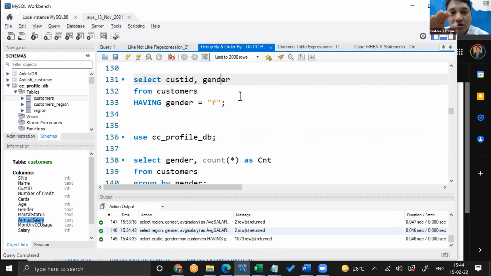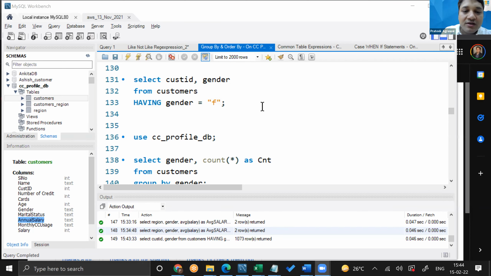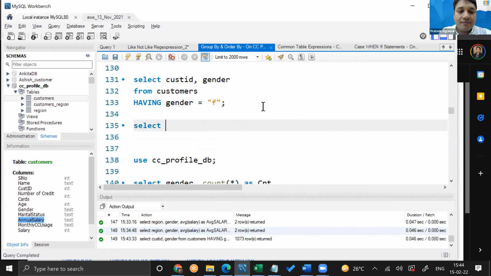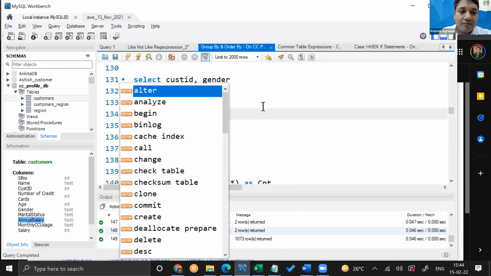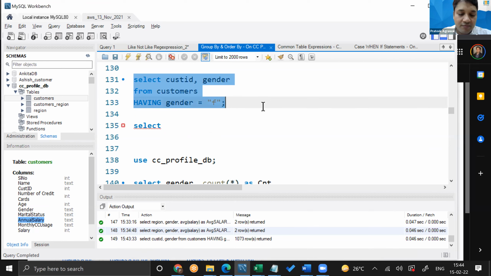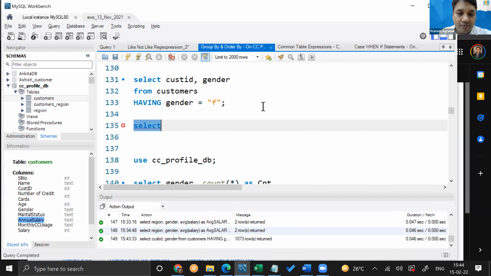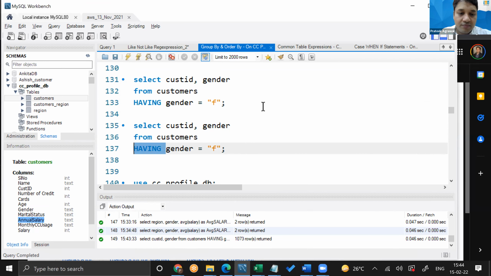Performance would go down. If you compare the two queries, they will give the exact same answer, but the difference would be in the time to execute.